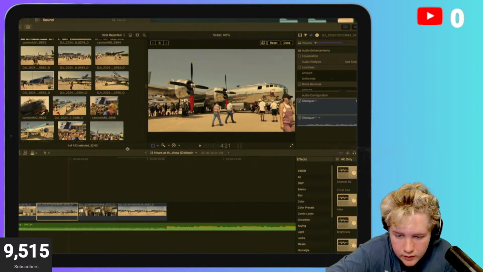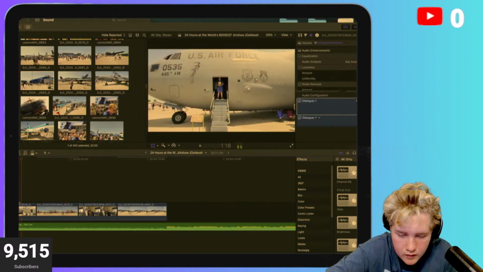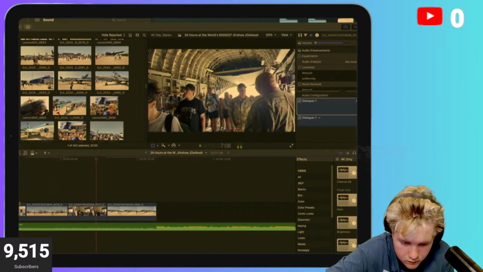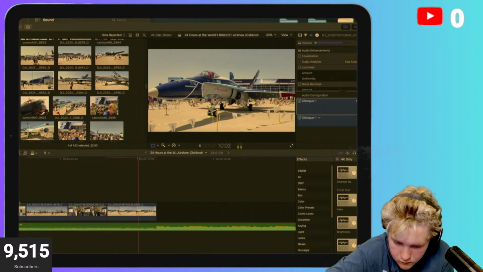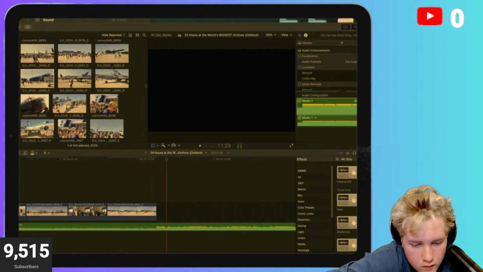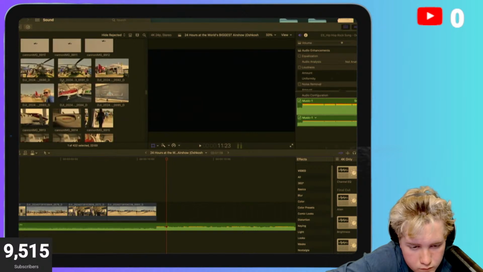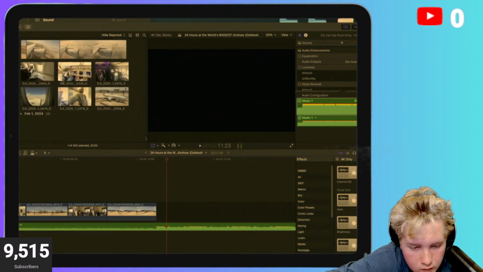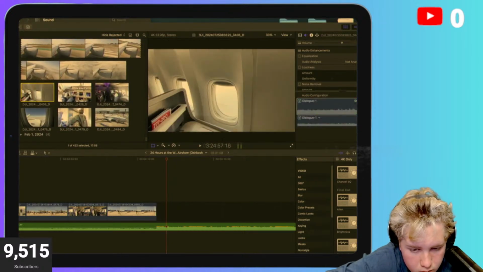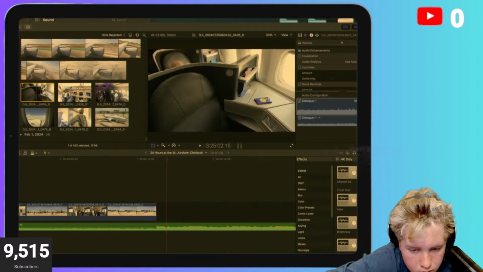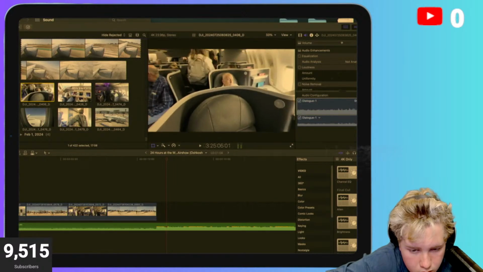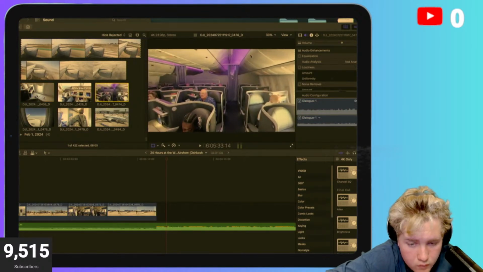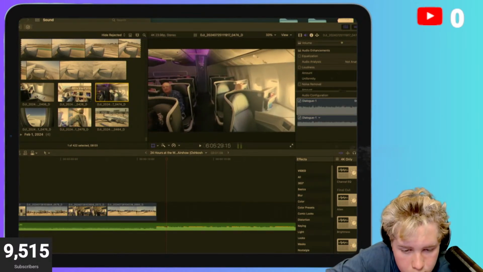Can zoom it in, just leave a little more leg room. Okay, so